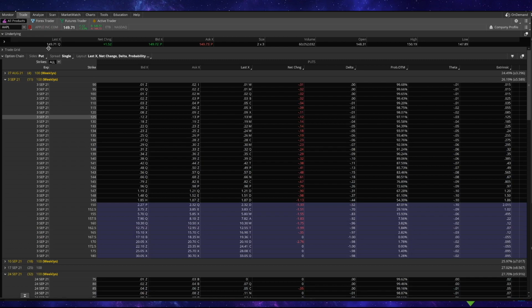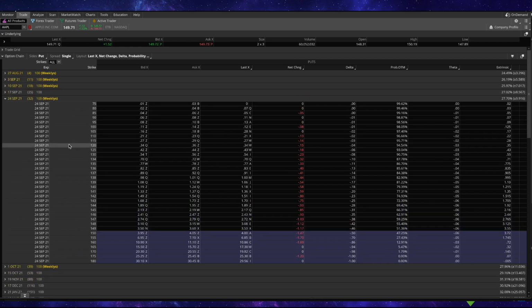So I'm gonna go to trade. Here's Apple. I like to look for selling puts, so that's why I go down low pretty quick. And I tend to go 30 days out, so let's look at 30 days out. This 125 is 93% probably out of the money, which is pretty safe, but $44 for 12,500 risk is not that much. I'll go ahead and pull up the calculator real quick